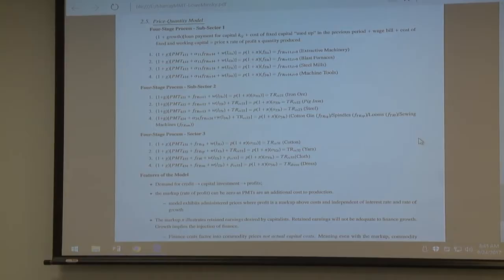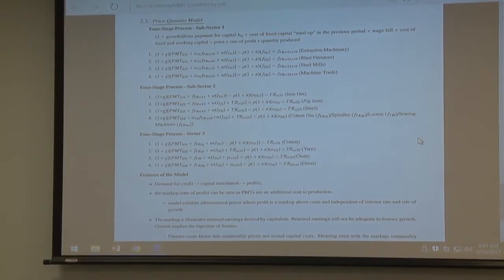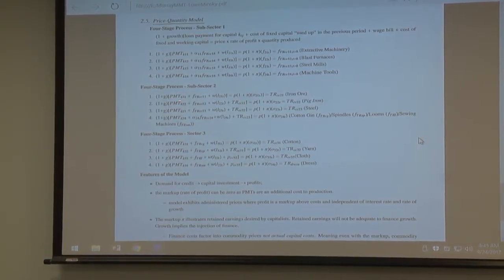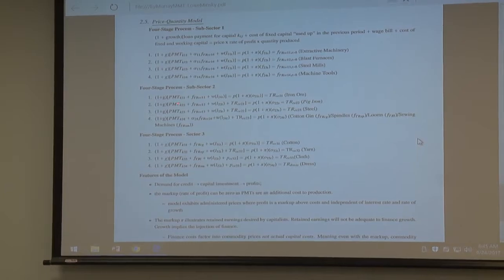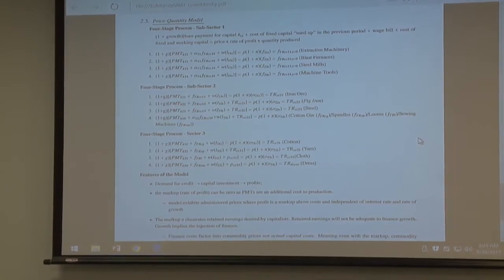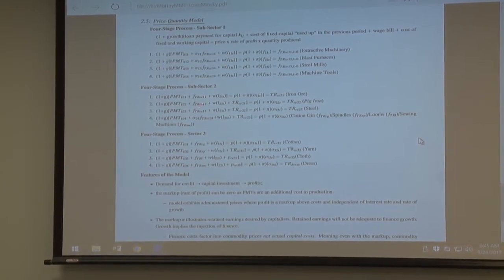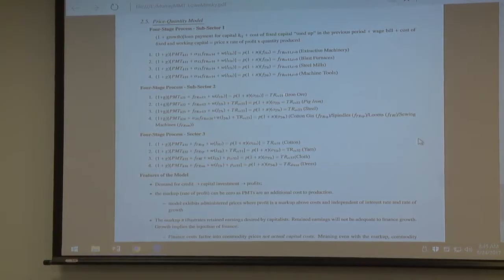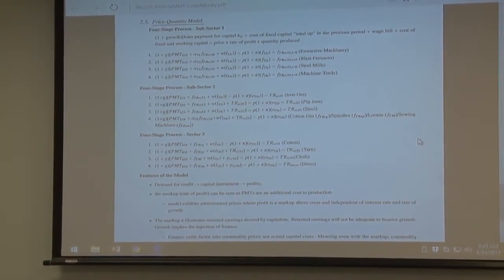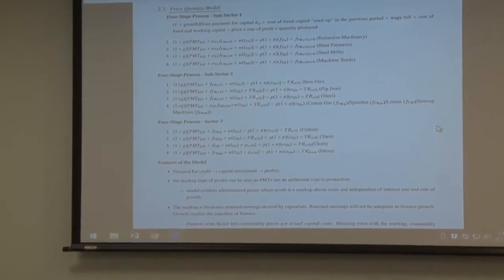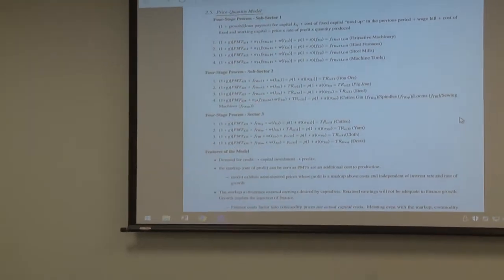Well, this is one. Let's go to sub D2. It's a little easier to think about, right? So if you look at that, the pig iron sector, assume G is 0. You need the payment of your loan or whatever from the capital acquisition in period 0, plus you need to pay for the working output, which is the payment for the iron ore, which is here. So that cost is going to be equal to that revenue, right? Because these people sell iron ore to the pig iron sector. So that's why I put that here.